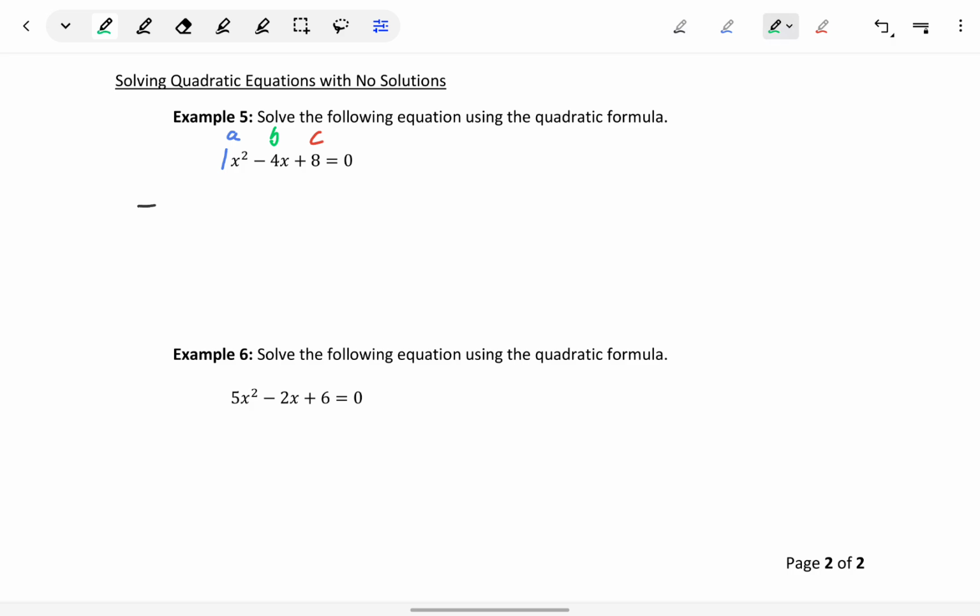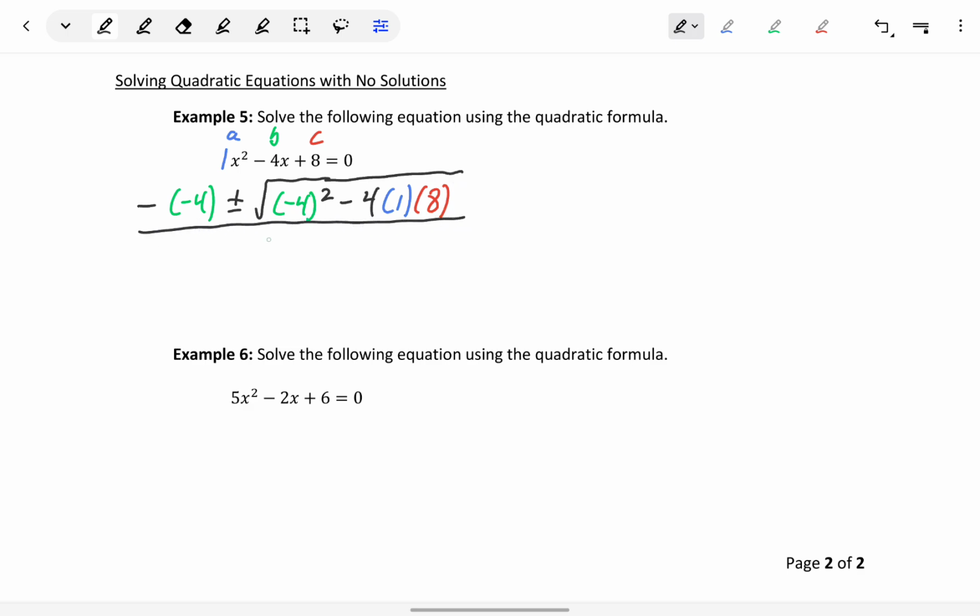Setting up the quadratic formula, we'll have the opposite of negative 4 plus or minus the square root of negative 4 squared minus 4 times 1 times 8, all of that over 2 times 1,